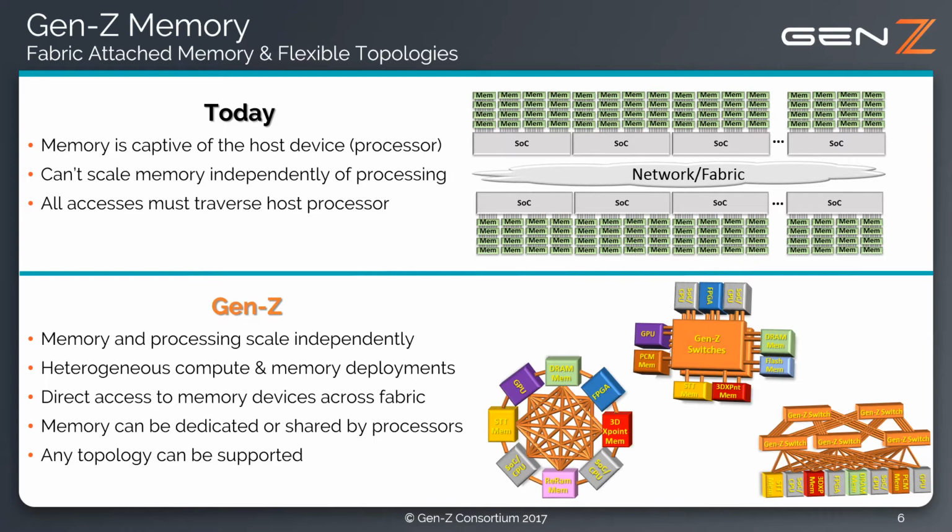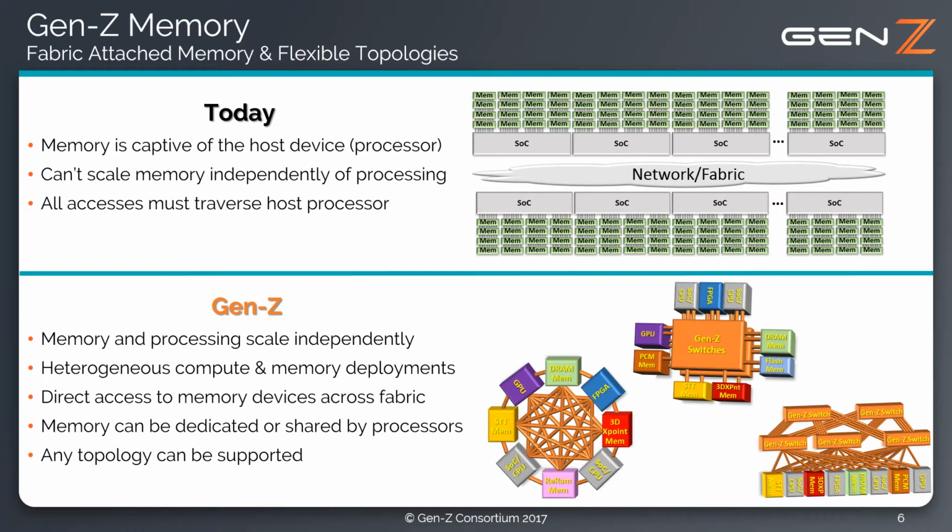So Gen Z enables GPUs, DSPs, FPGAs, custom ASIC accelerators, etc. to be equal citizens on the fabric with CPUs as far as memory and data accesses are concerned. In addition, Gen Z enables CPU load store byte addressable accesses to memory, which are much more lightweight than RDMA